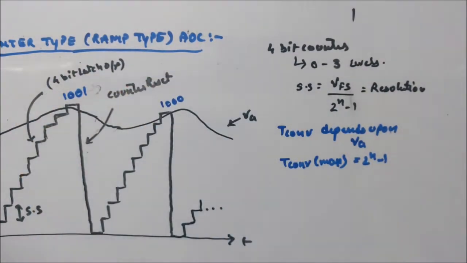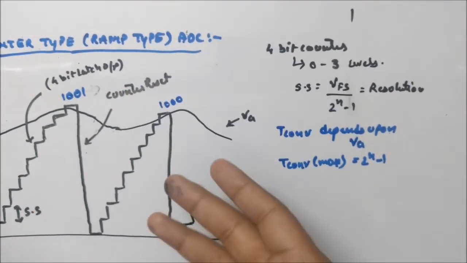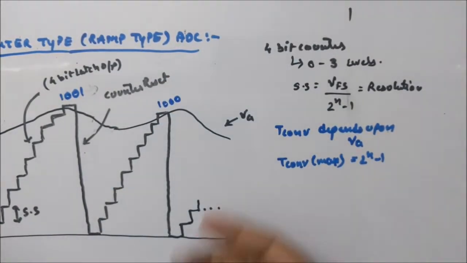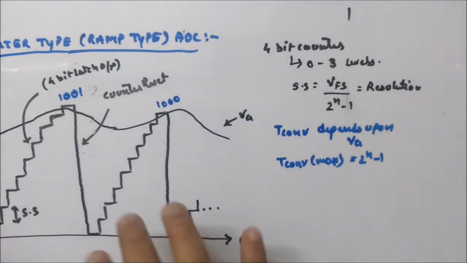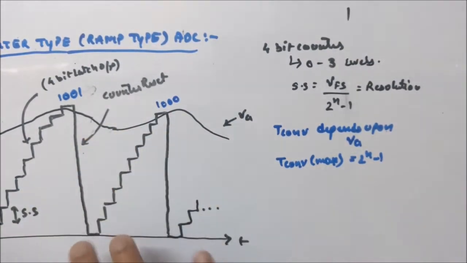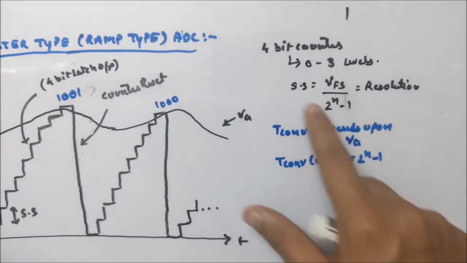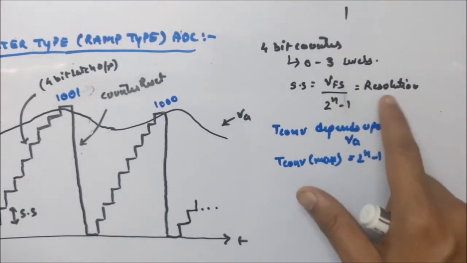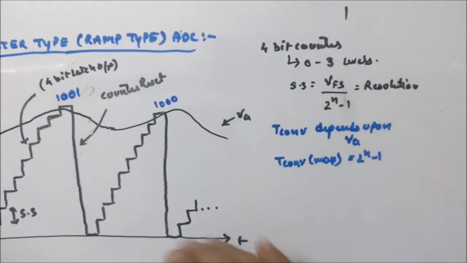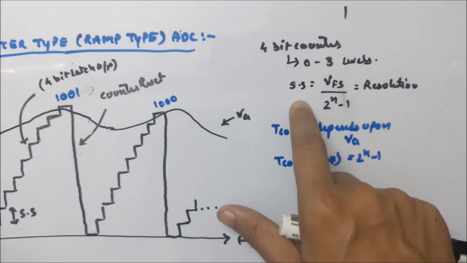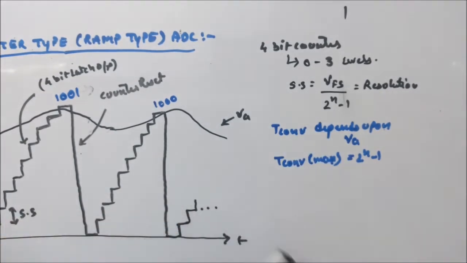So generally we don't prefer this type of counter type ADC, but this is there in the A to D syllabus, so that is why I covered it. I hope the picture is clear now how things work. This is something you also see in digital communication, when you do sampling and quantization as well. There also we have the same kind of formula. So this is what step size means, how much step the counter will take.